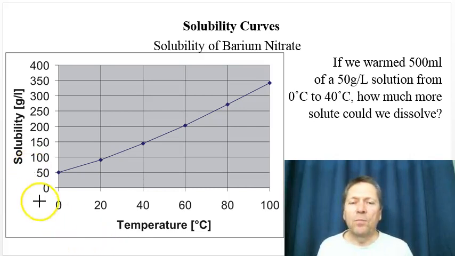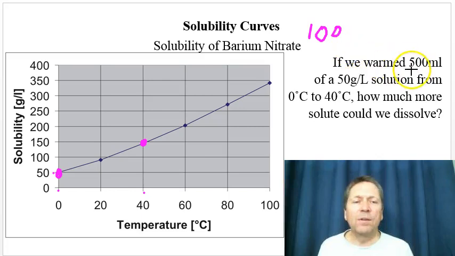Let's see, 0 degrees is here, so there's our point. And we're going to warm it up to 40 degrees, that's over here, so we'll go up to here on our graph. How much has it changed? Well, it's gone from this number here, that's 50, up to 150. The difference between 50 and 150 is 100